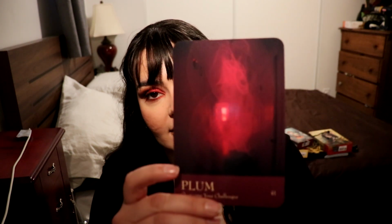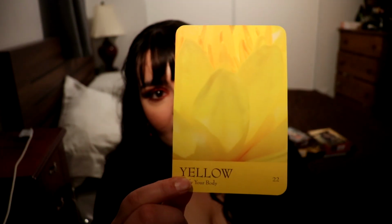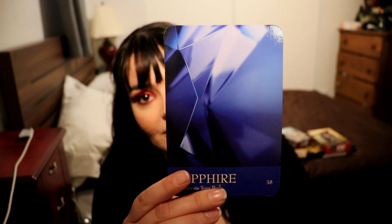Again, we have very bright, vivid colors. I'm still getting to know the deck, but it's pretty easy to read if you know your color correspondences. It's very easy to get to know. However, if you are new to color magic and working with color in your spiritual practice or your spiritual path,